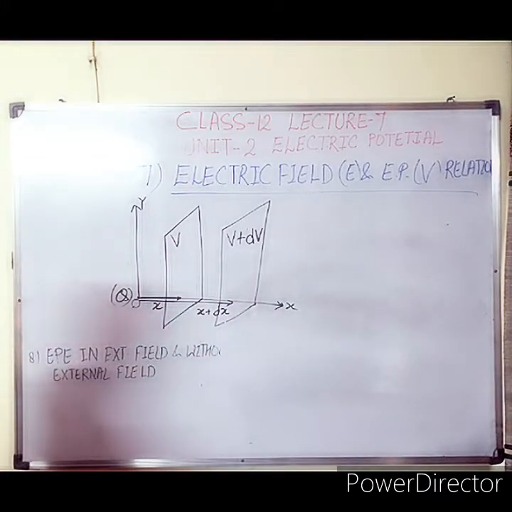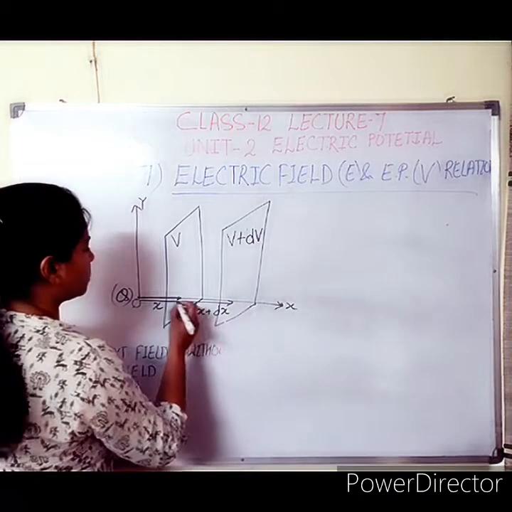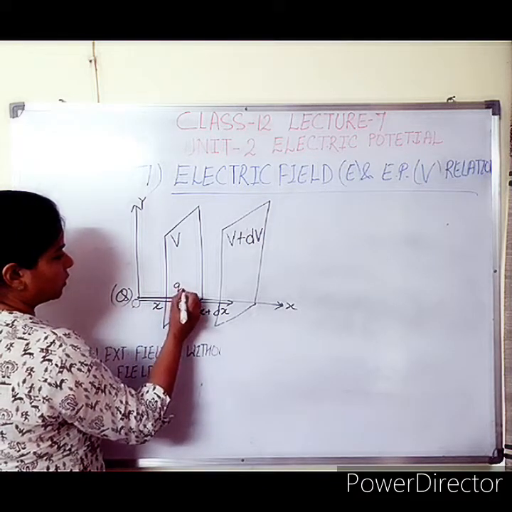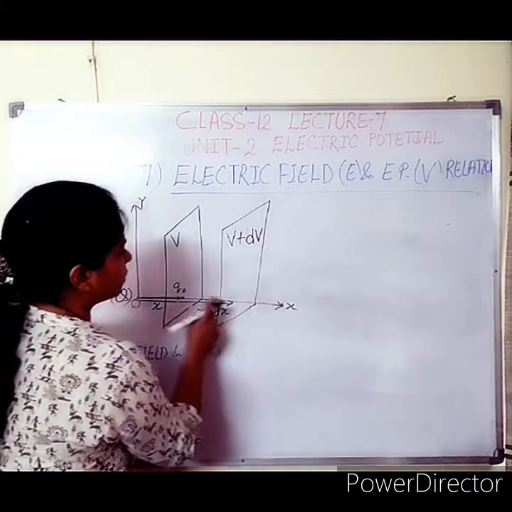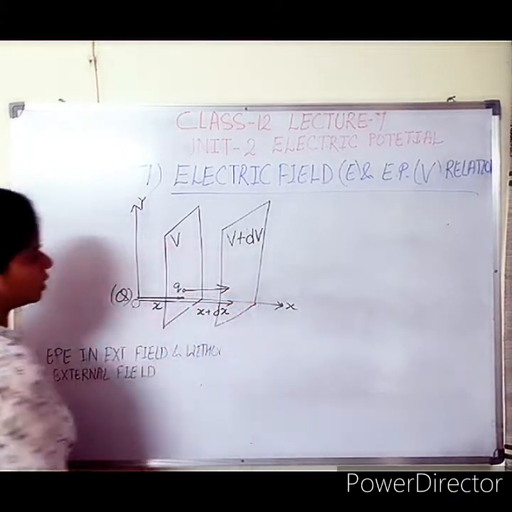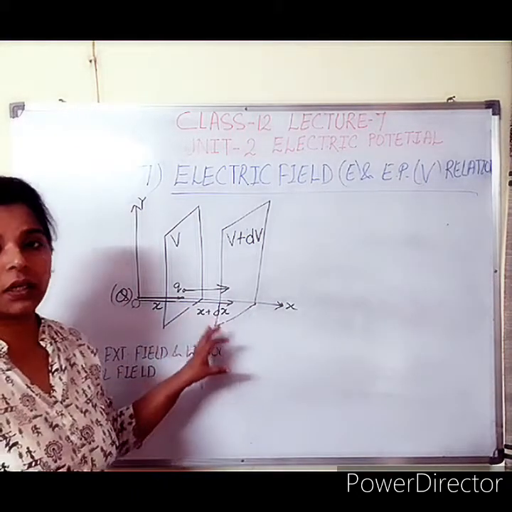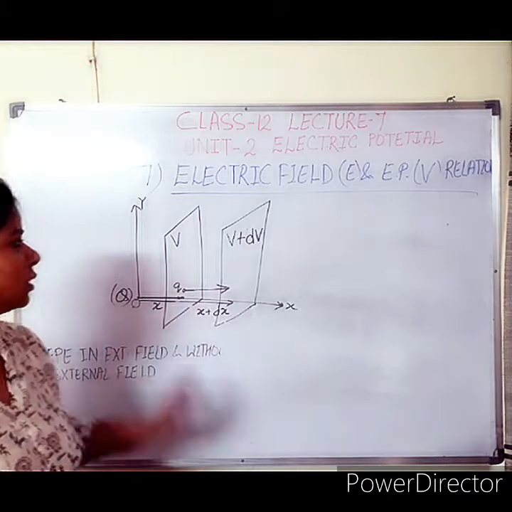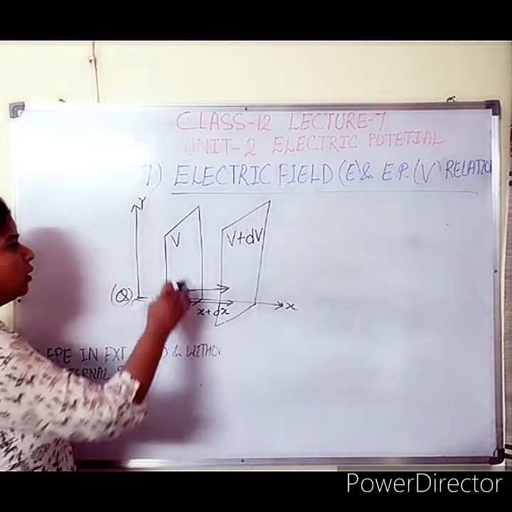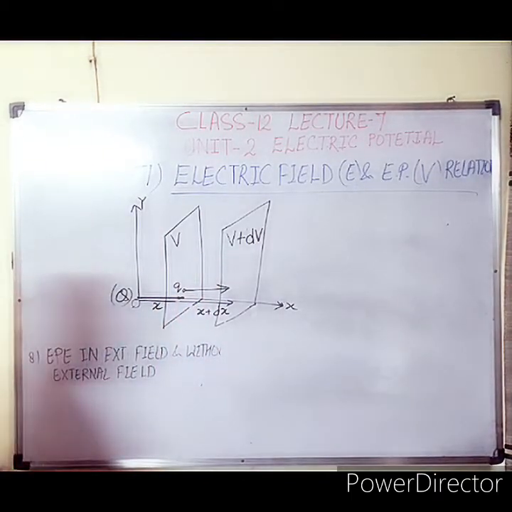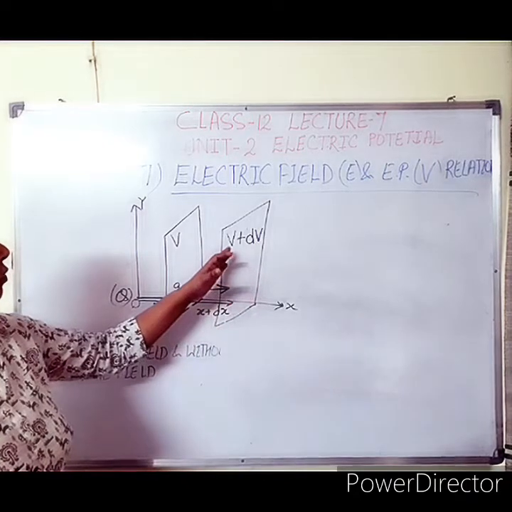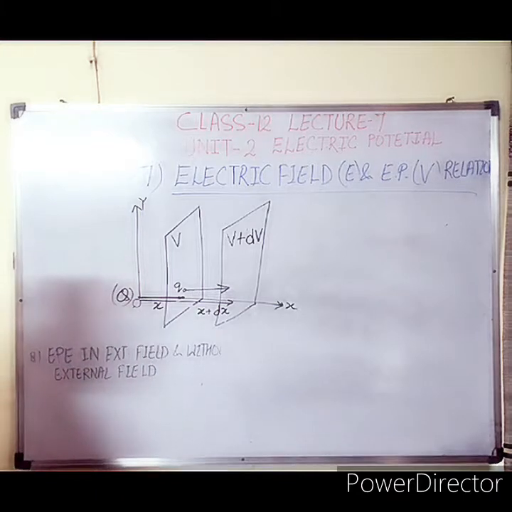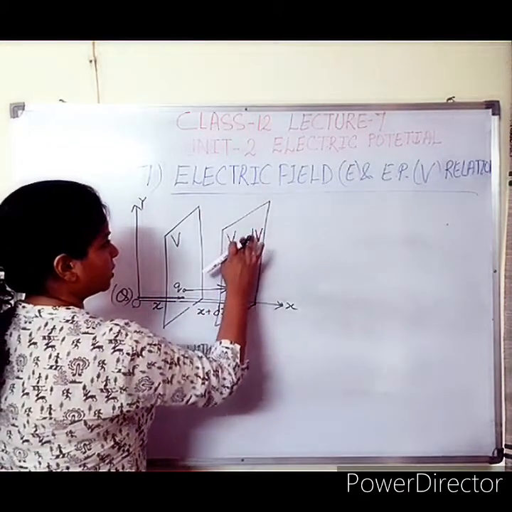Okay, and let one charge be moving away from this source charge. Let the charge present here be Q naught. So Q naught charge is moving from the first surface to the second surface, in this direction. We have taken this case. You have to write down this theoretical part here along with the derivation. Let the charge be moving here in this direction. So first of all, tell me, is V more or is V plus dV more? Whether I have to write it as V plus dV or as V minus dV in accordance with the distance. It should be V minus dV.